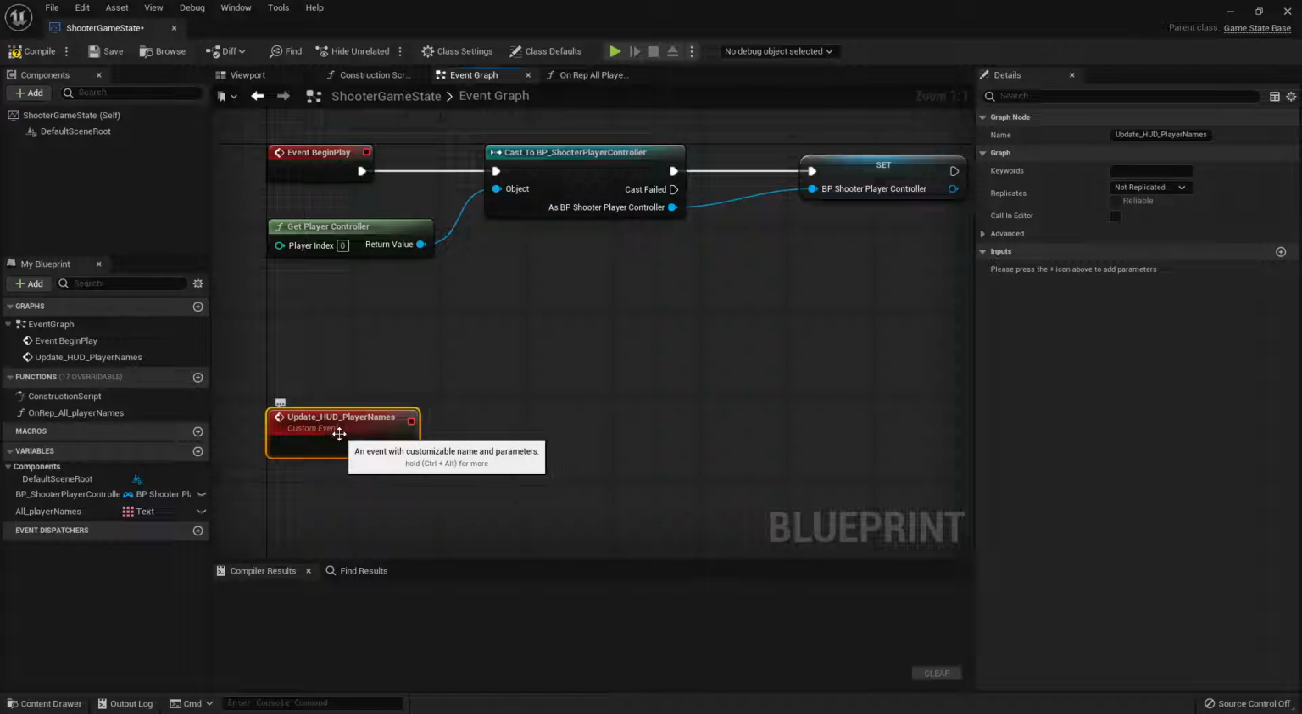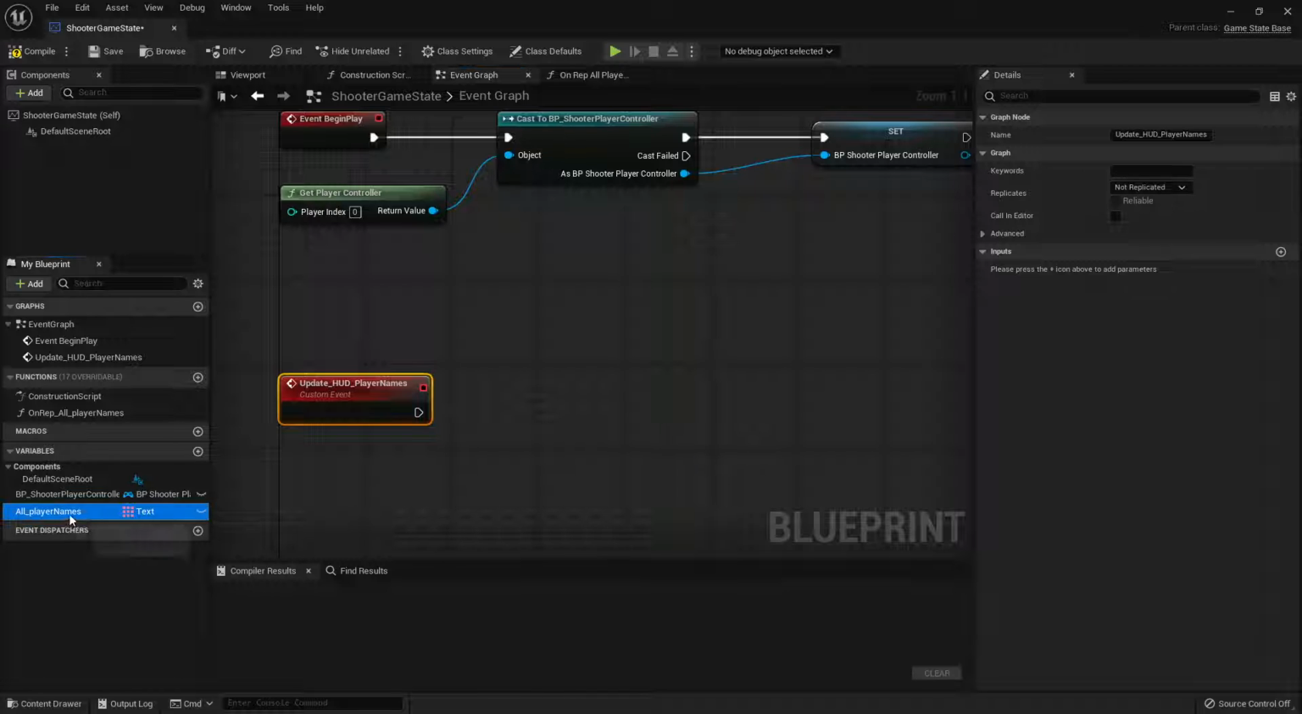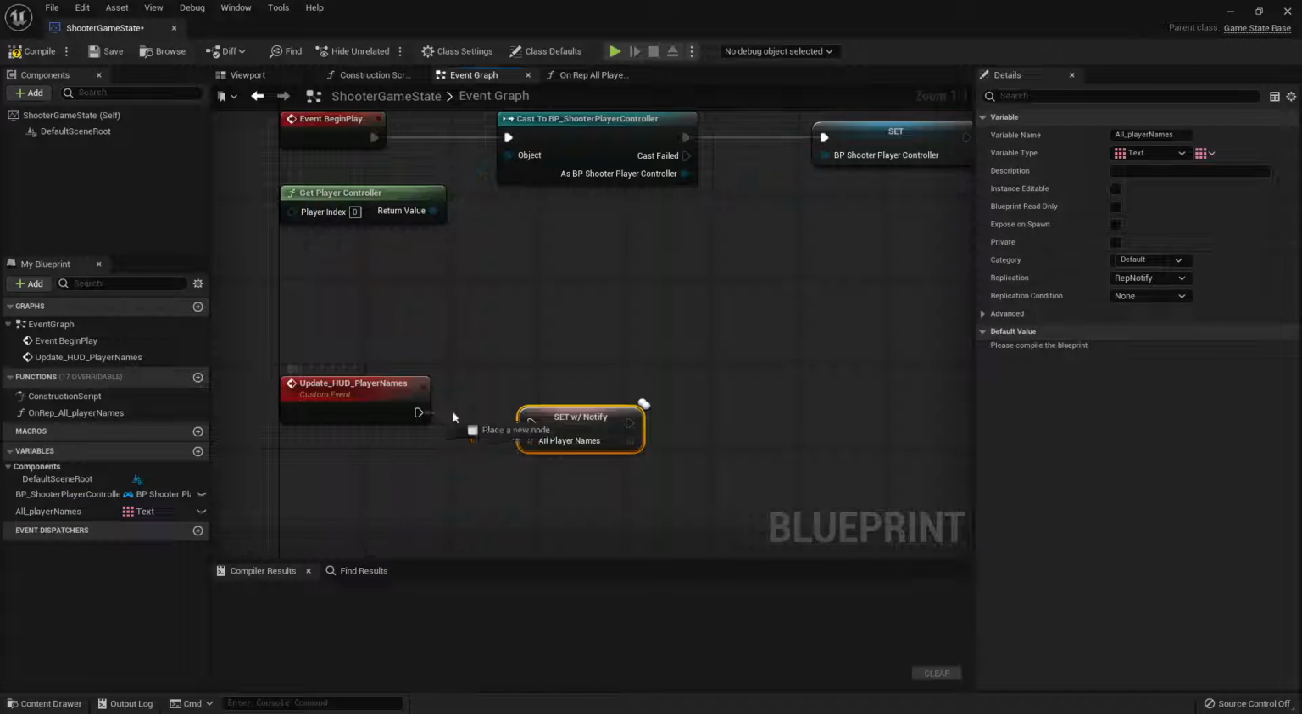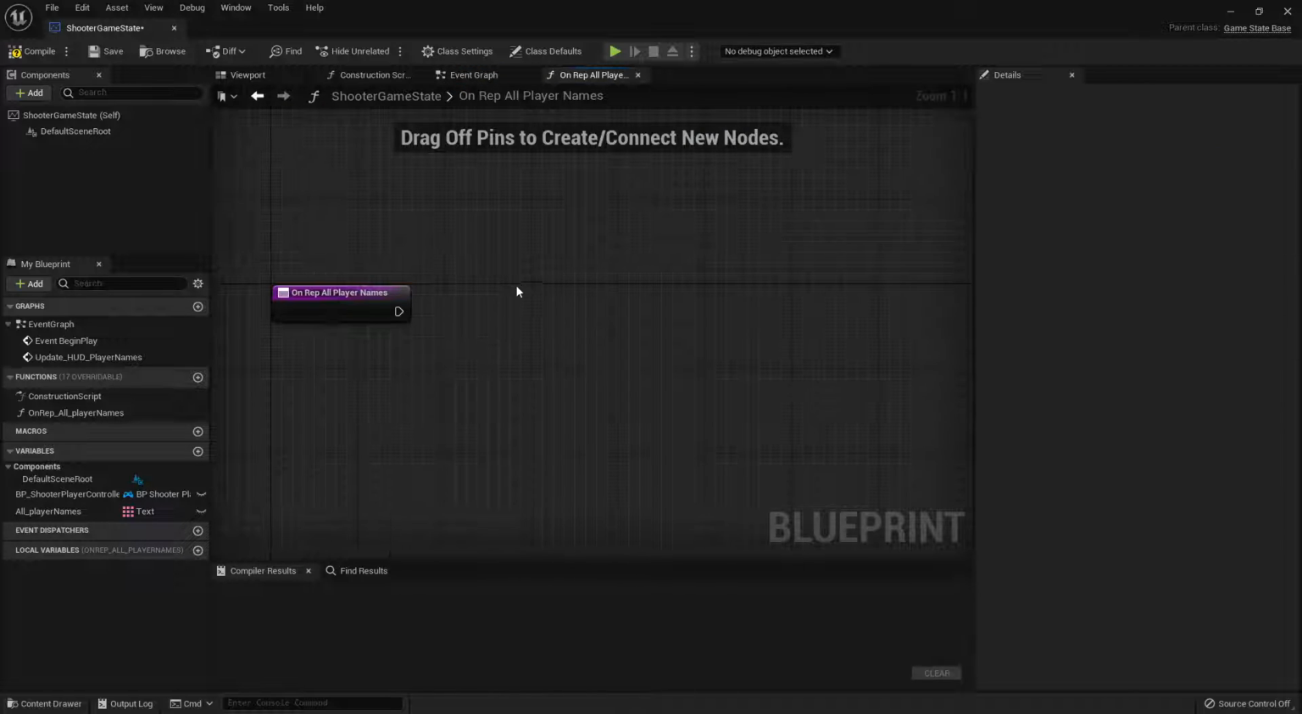Now we don't need to replicate anything in here. We're simply going to grab a setter for our array, and then we're going to pass on the actual variable to the event. And then all we need to do is set up our RepNotify for the all player names. So we're going to open up this function,